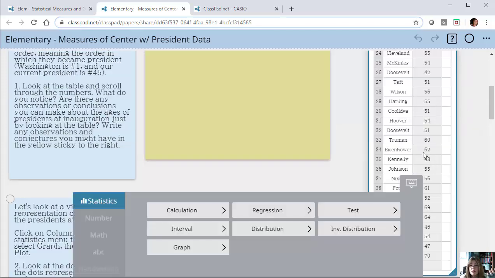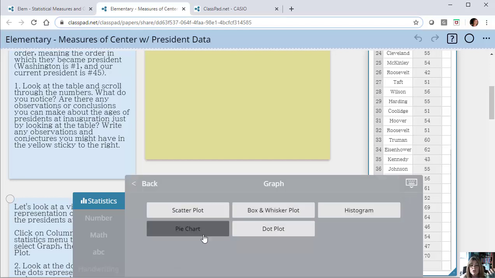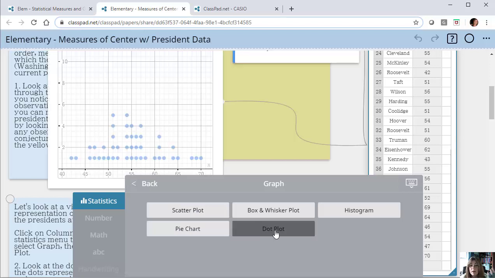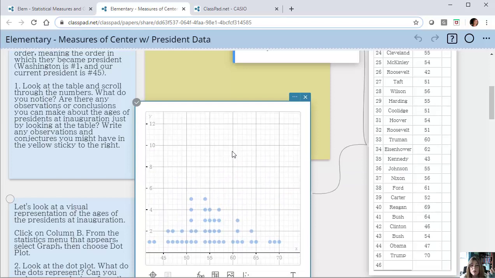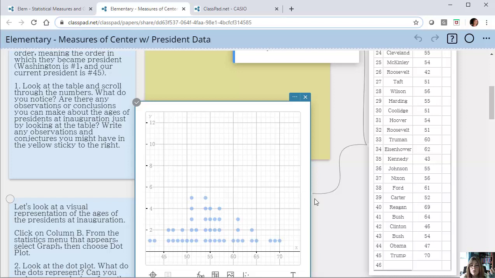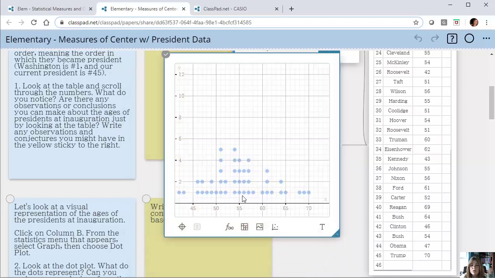I'm going to select that column and I'm going to go to graph and I'm going to choose, notice here's all my possible graphs I can make from that data. So we're going to first look at a dot plot. So here's a dot plot, and how is the dot plot a little more helpful for us? And we can move these, remember these are sticky so I can move them wherever. How is the dot plot a little more helpful to me? Well, I can see that there's a tie, right? These two dots,